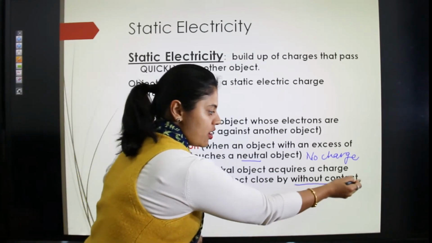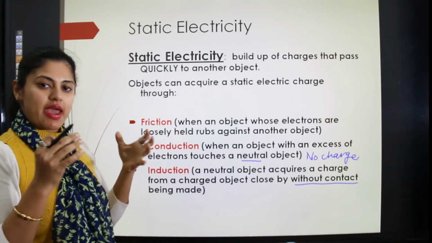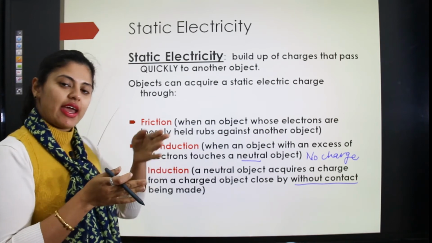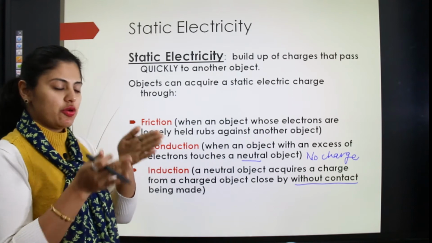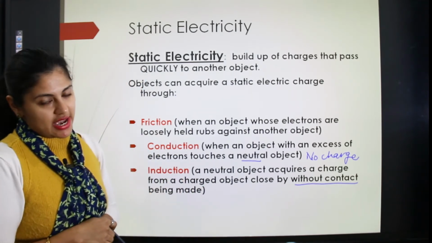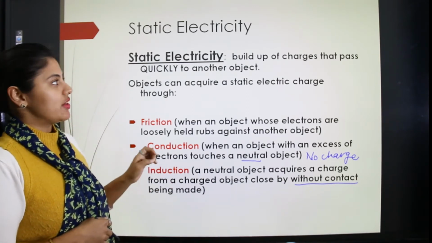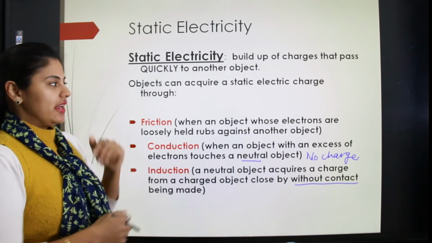It works without contact. You just need to make them nearer to each other. A charged object and a neutral object: the neutral object gets charged from the charged object when you place them near to each other. But there is no need of contact in induction. So there are three different processes with the help of which there can be static electricity. Now let's learn about